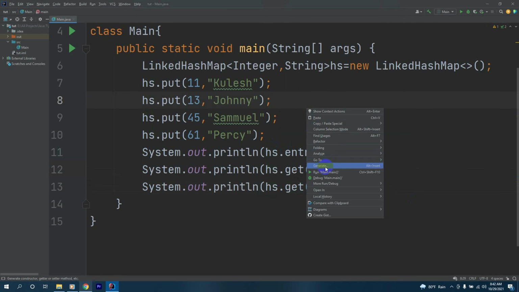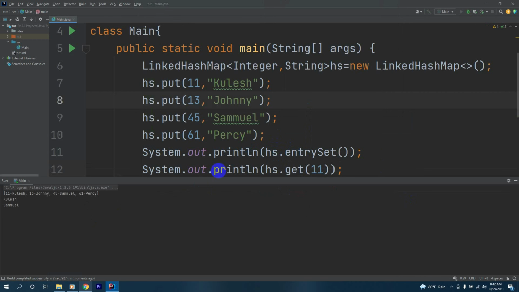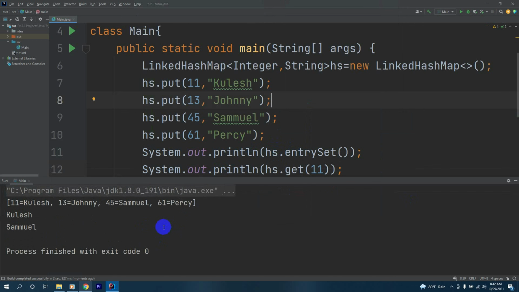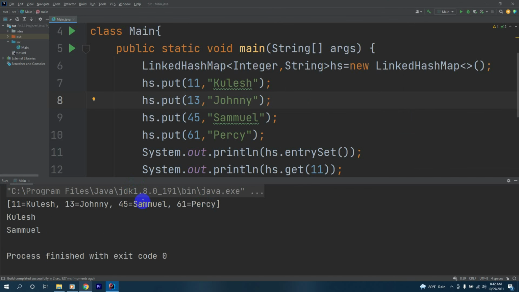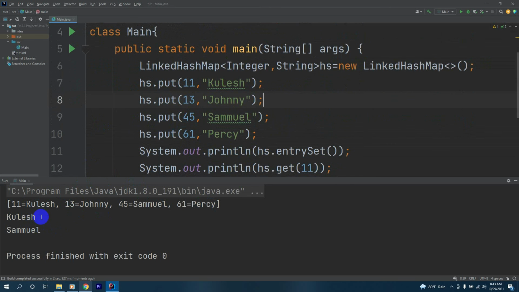Now let's run this and check the output. We got our values. For the get, we got our 11th ID, Coolidge. Then for the other get, 45, we got Samael printed. So that's how we get values from our linked hash map.